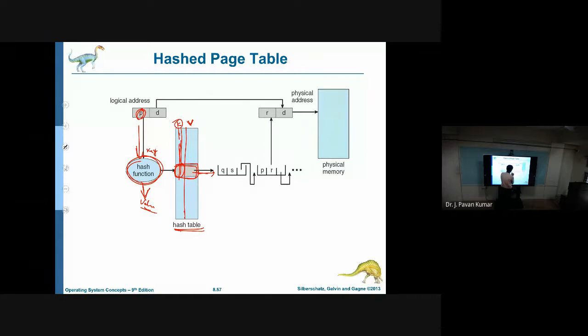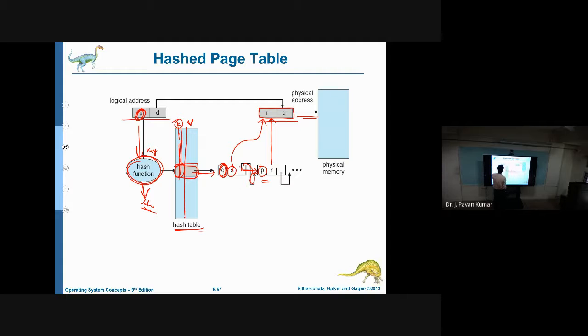In this particular one, the page number that we want will be maintained, and the corresponding address, so that we can get it. Suppose P is the required one, so we will go on. If it is not equal to the required one, then we will go to the next one by using this link. This is just a linked list kind of thing. Here we have matched this P and this P. So what is the address R? We can append it with the offset, then we can get the physical address. Ultimately, our goal is how easily we are able to obtain the physical address from the logical address. This is the actual objective.